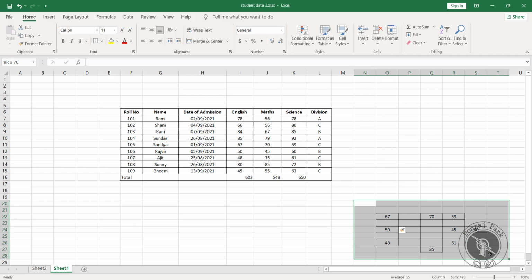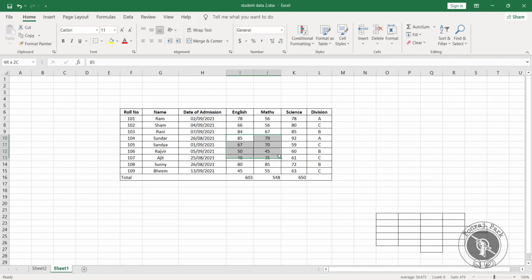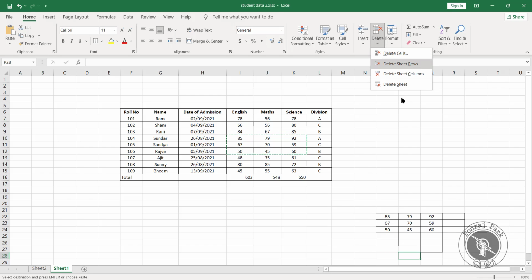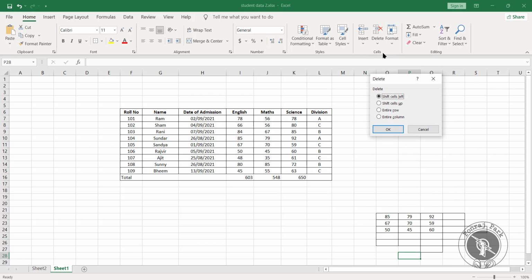Okay, so now for the Delete options, I'll just delete this. Let's take an example of some data. Here again I have some data, and we will perform all the delete actions. In the same way, if you go to Delete Cells, you will get all these options.